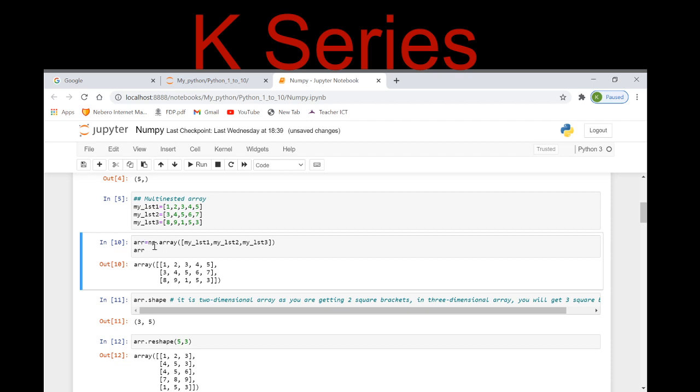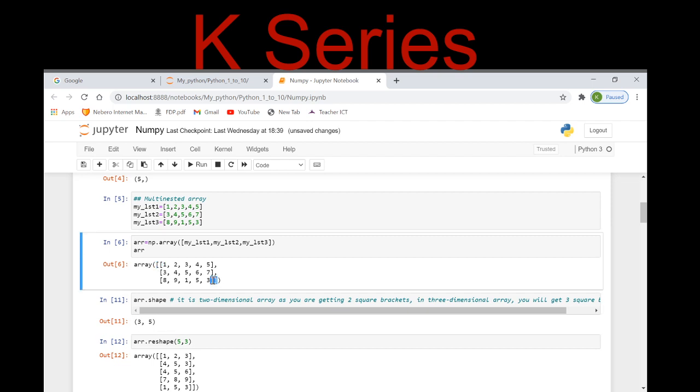See here, array is equal to np dot array, and I am giving all the arrays which I had earlier defined here, and when I execute this, it is giving me the output as a nested, multi-nested array.